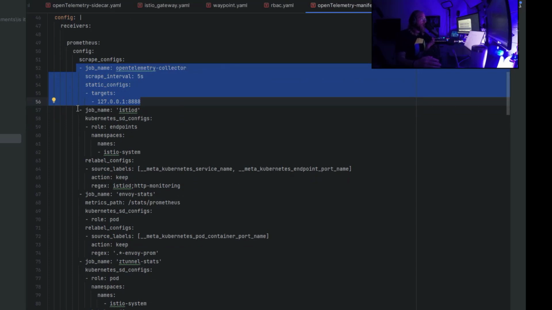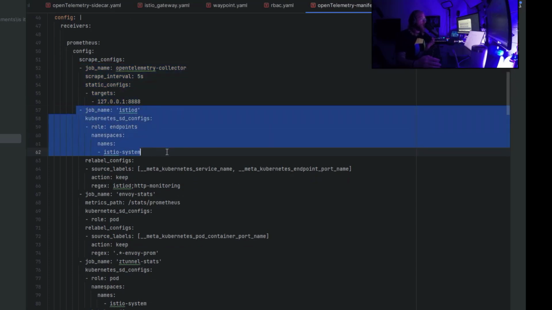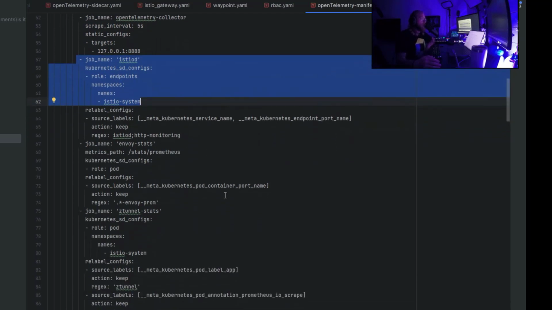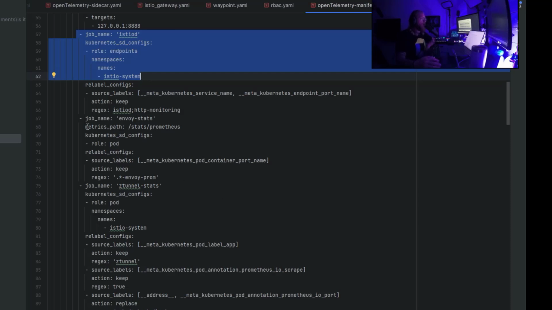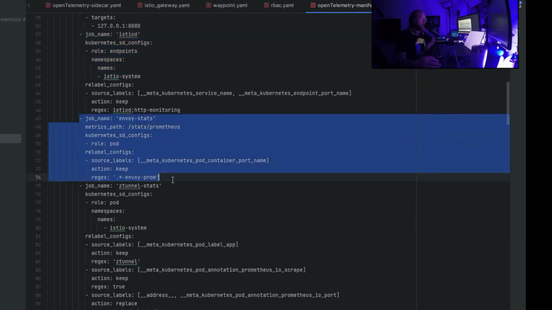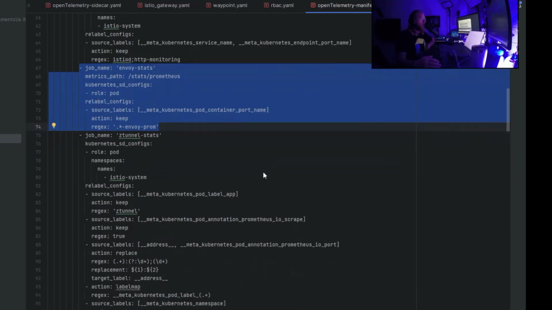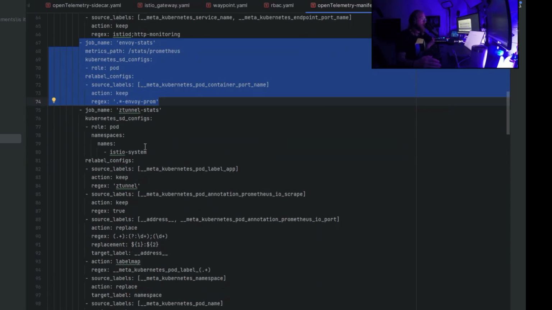For Istiod, I took the one provided by default in the Istio documentation. So it's going to basically collect the information from Istiod. That's nothing new. Envoy stats is the same as the one provided by the Istio documentation, so nothing's changed. That will allow me to get the gateway metrics. Then what is important is the ztunnel stats,